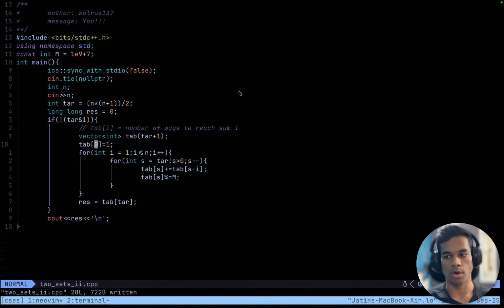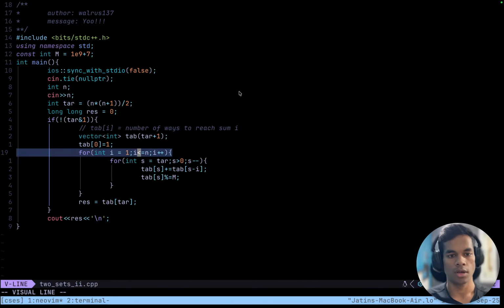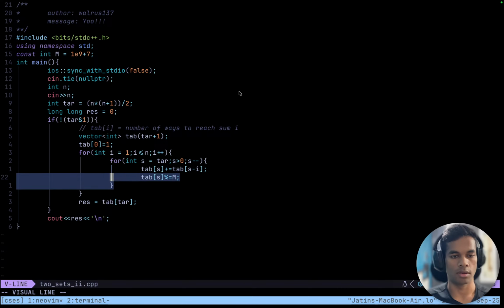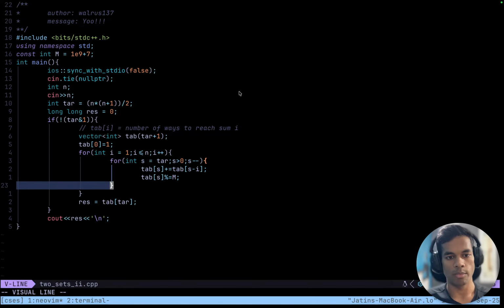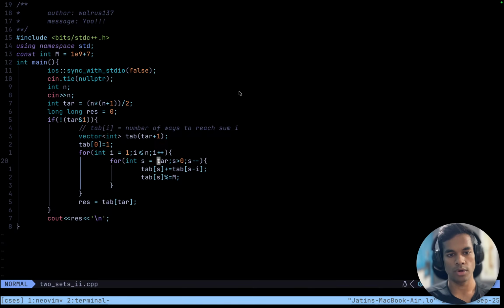So to reach sum of 0, there is only one way, right? And then we are saying when we are using the first coin, how many number of ways are there to use two? Given already this vector, its initial state, how many sums can we reach using the first coin, 1. And here sum should be initially sum, right? This value tab s would increase only when